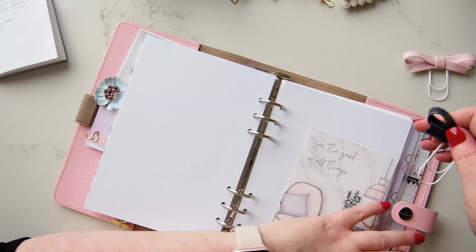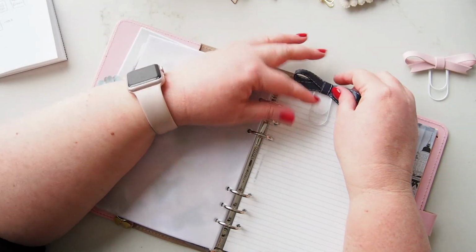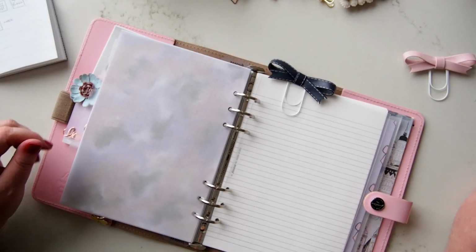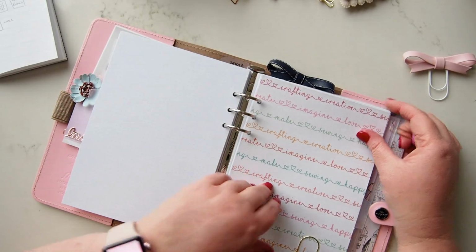So I think right at the end on the notes section, now these really are there for decoration only. I probably won't use these for every day. I don't tend to carry around my planner with the clips in. I find that they tend to fall off in my handbag and I don't want to lose them. So